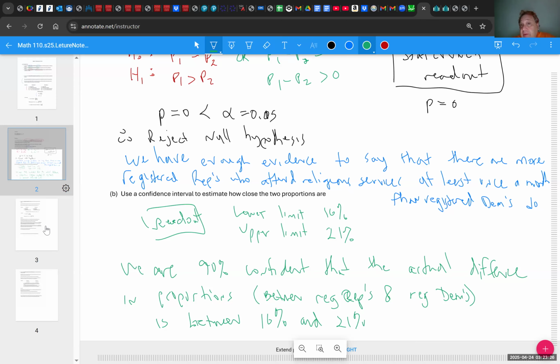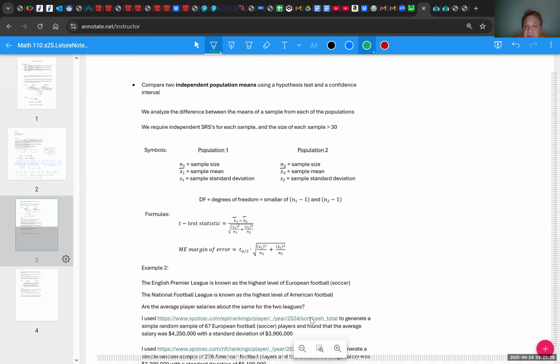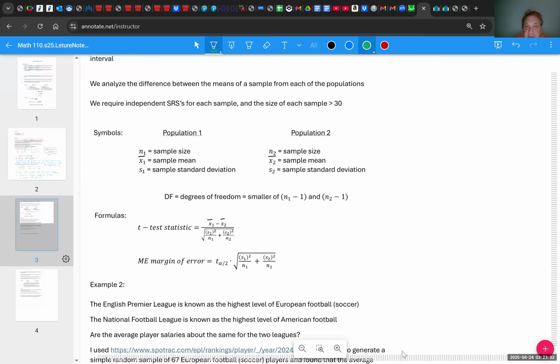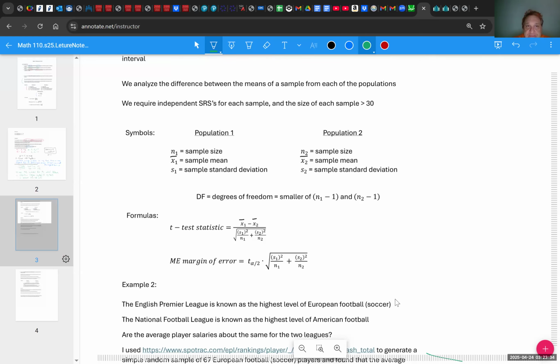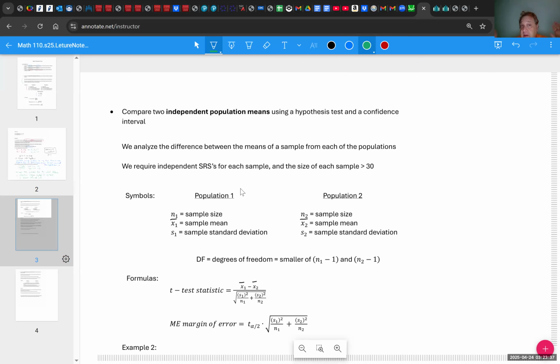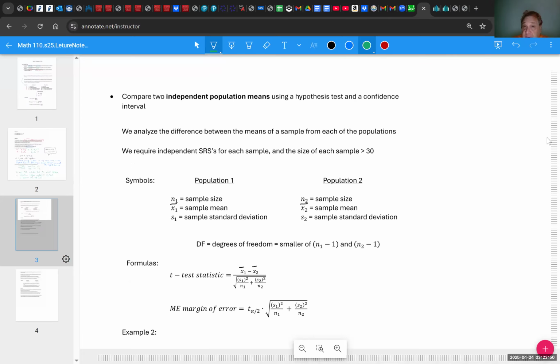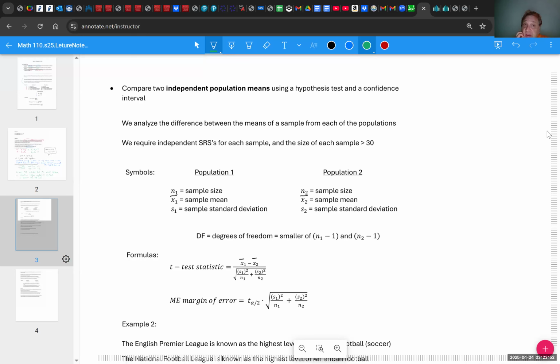Let's do a similar thing, but with the means over here. Okay, so here's my mean page. So for this one, just to remind you, we're comparing two independent population means, and we're going to be doing it both using a hypothesis test and confidence interval. All right. So once again, we're going to be analyzing the difference between the two populations. In this case, we're going to be analyzing the difference between the means of one sample and another sample. We're going to analyze the difference between the mean of the sample from population one and the mean of the sample